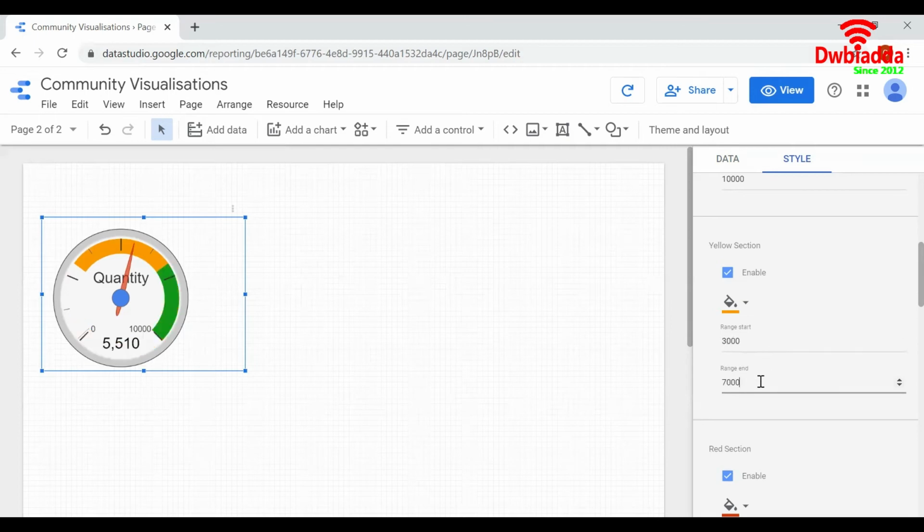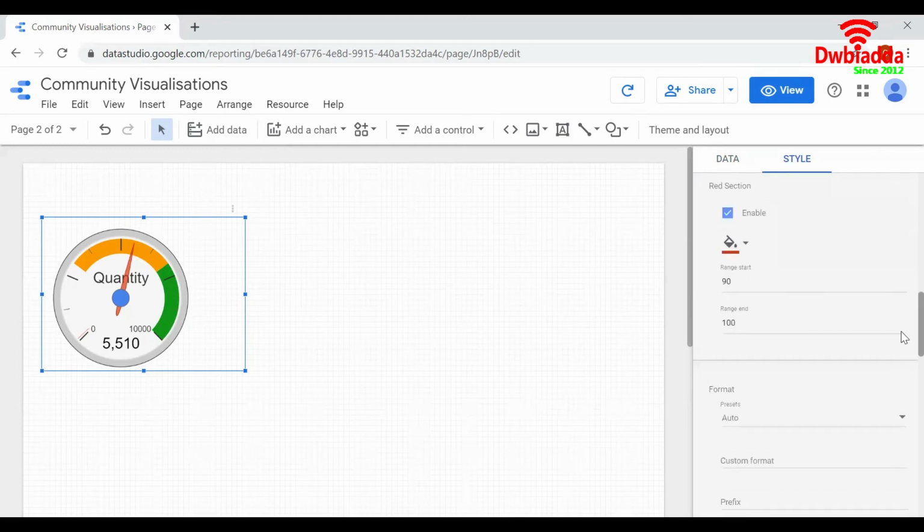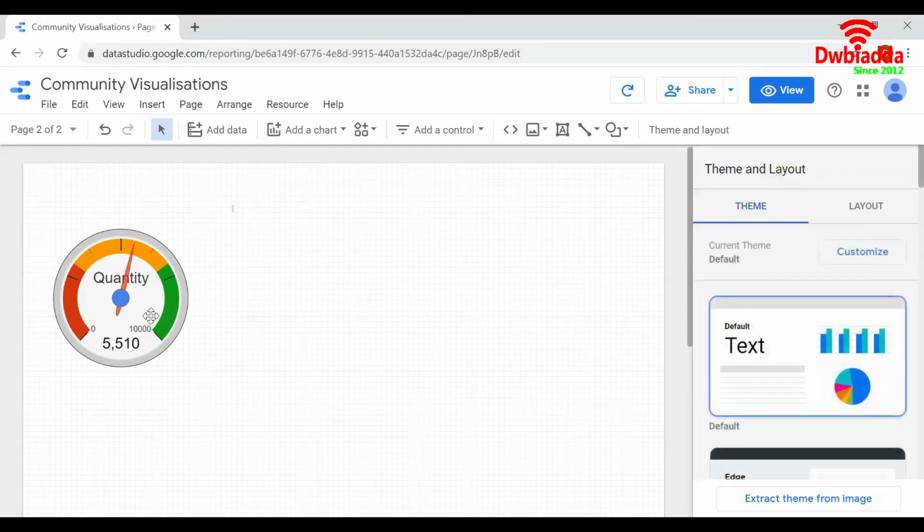This is the range for risky zone. And for red section, that is danger zone, let us give the value as 0 to 3,000. So here we can see that the quantity pointer is pointing in yellow section, that is the risky zone.